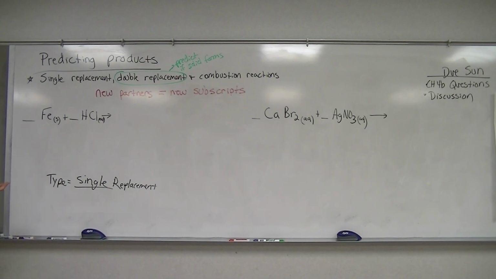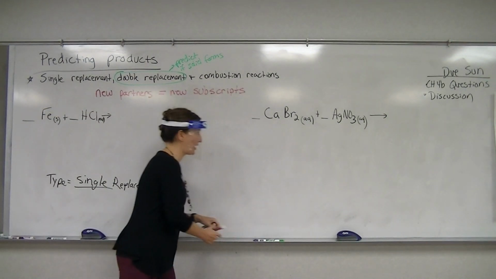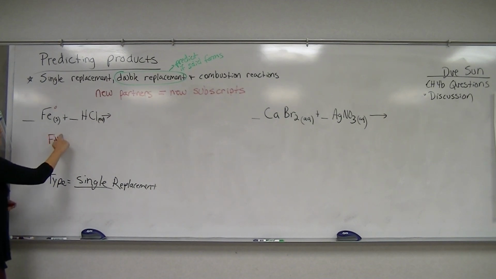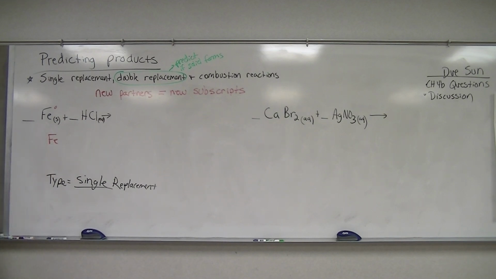How do you figure out what the products are going to be? Well, what we're going to write down here is the charges of each of these elements when they're in a compound, because that's going to help us figure out who's switching with who. When I look at iron, when iron's in its elemental form, like here, its charge is actually 0, it's neutral. But we want to write down what its charge would be if it was in a compound. Now, iron is a transition metal, so it does have multiple variable charges. It can be a +2 or a +3, but what's important is that you know it's a plus,